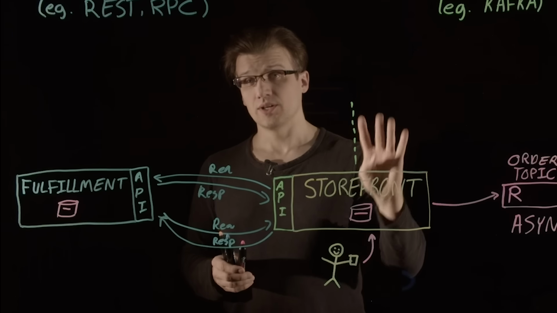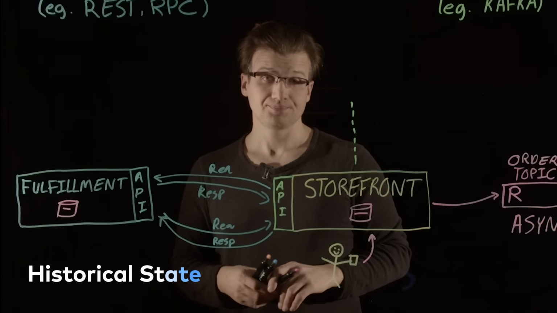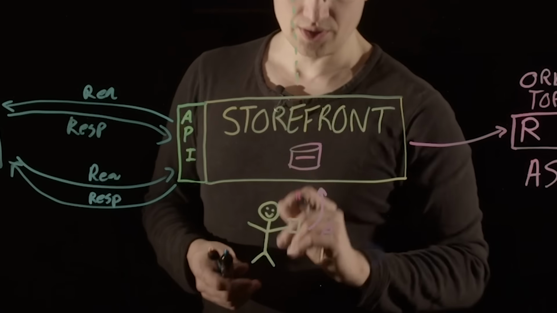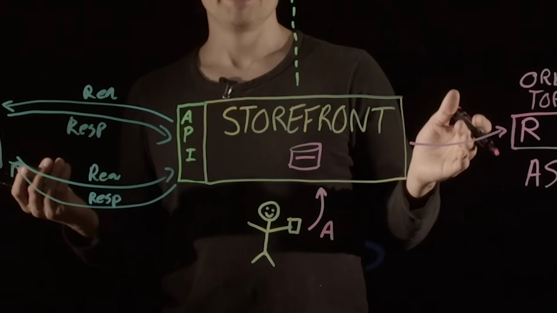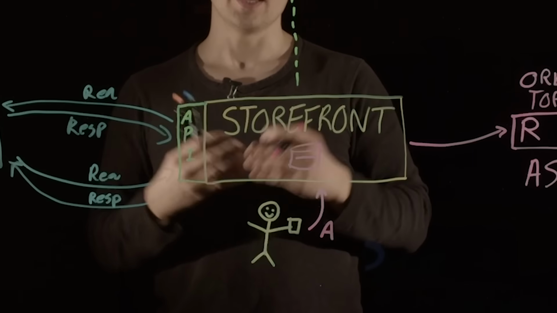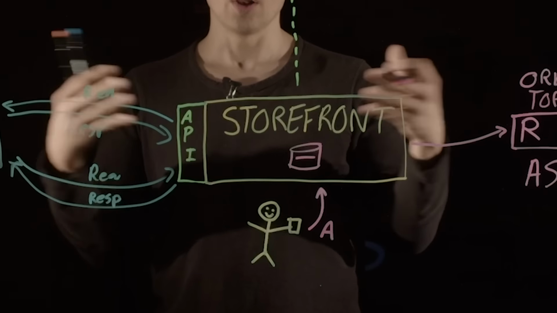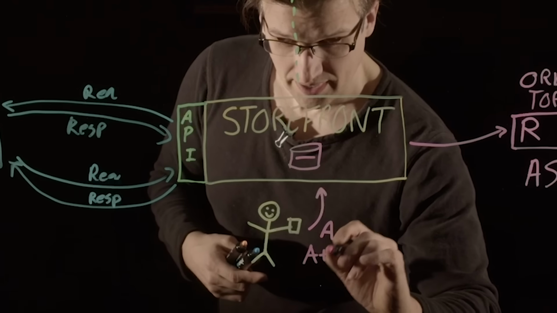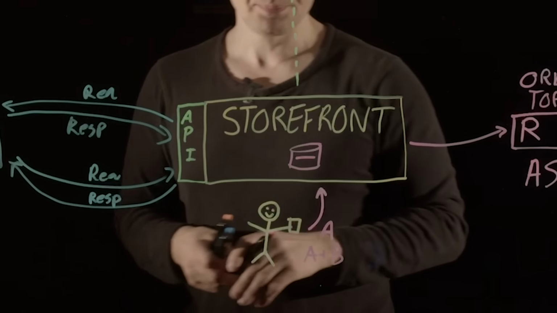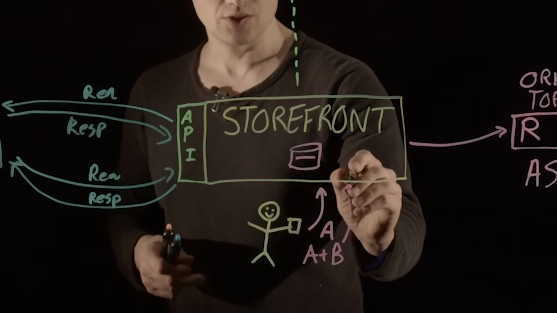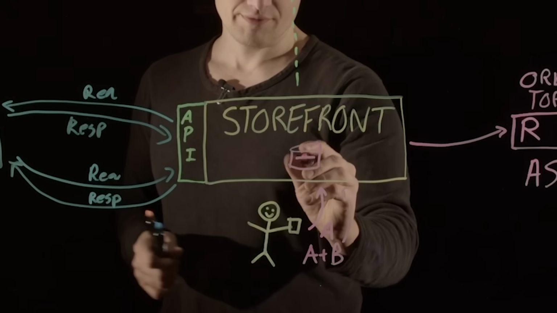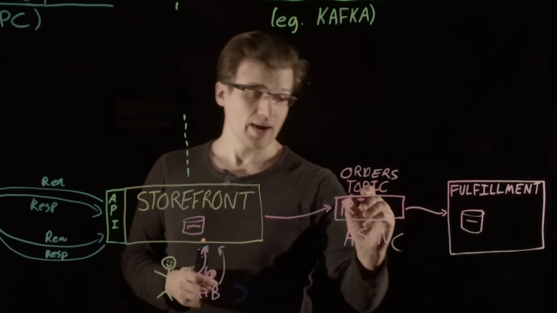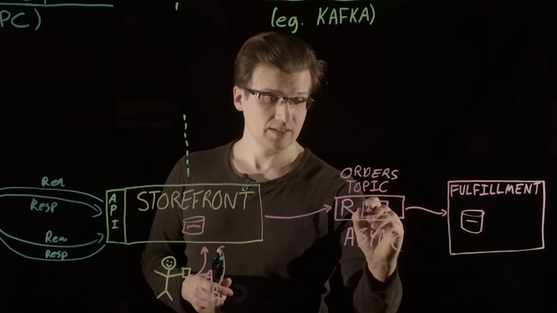The fourth point we're going to look at is historical state. So let's consider that this customer who placed an initial order wants to modify it, and they want to get the all-in-one shipping, everything shipped in one box. So they log in, they edit their order, it hasn't shipped yet, and they submit that into the storefront. The storefront will update that data in place, and then write a new record into this topic